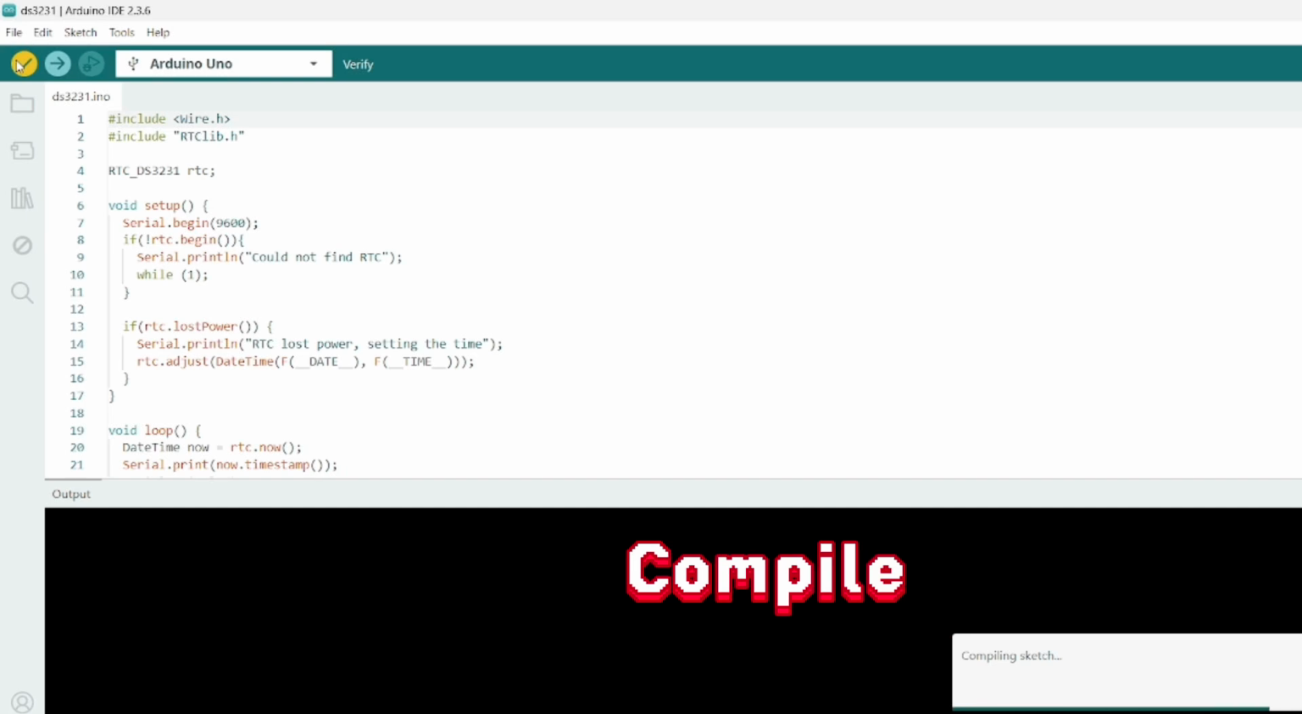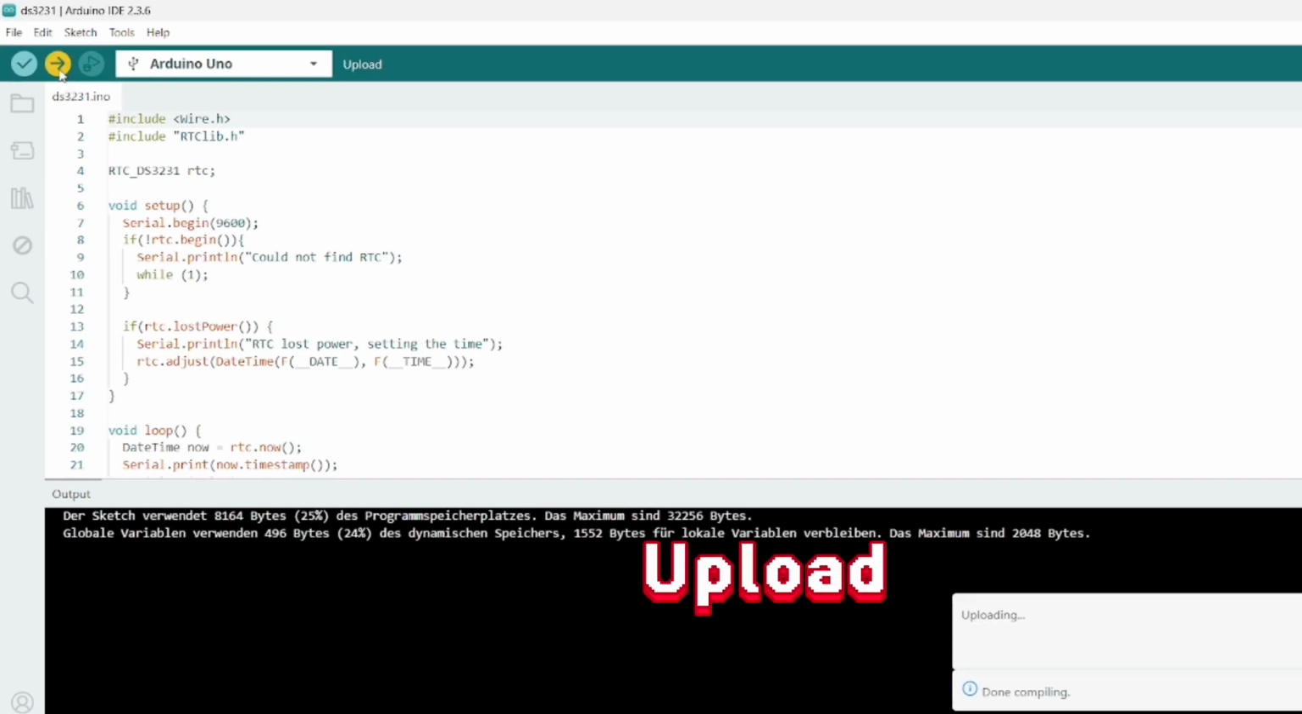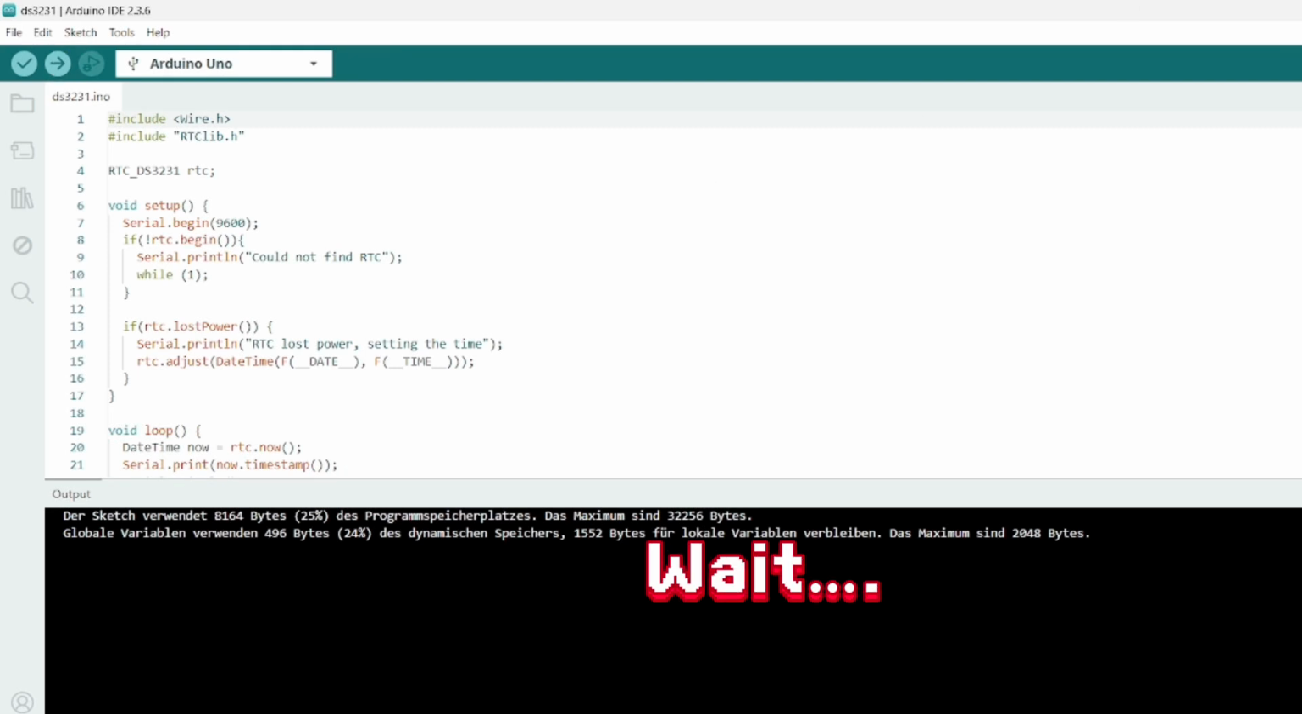DS3231, keeping track of time. Tiny crystal brain, now the login's fine. With the best